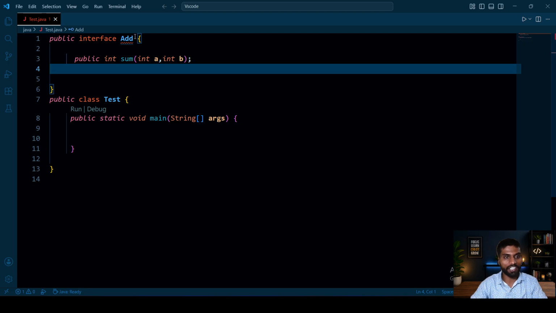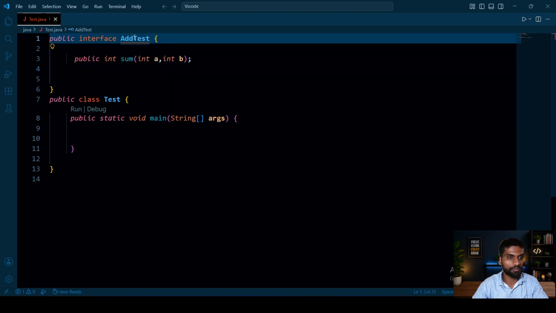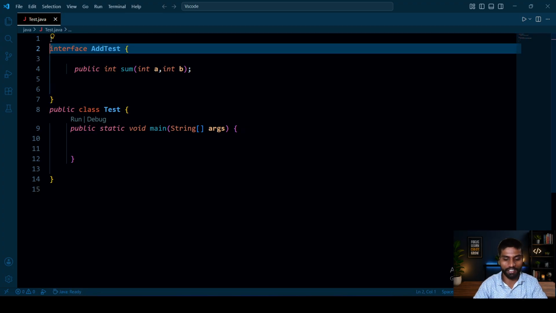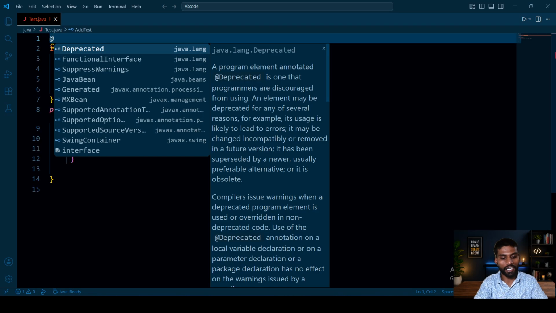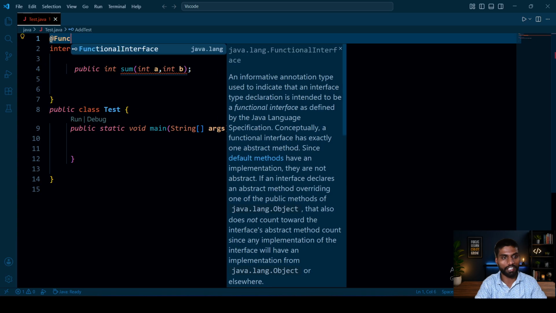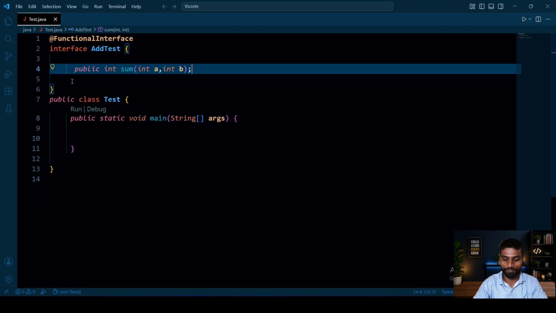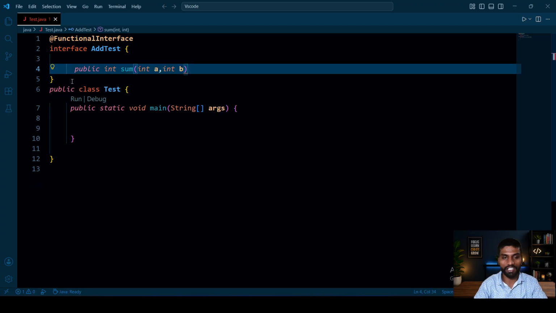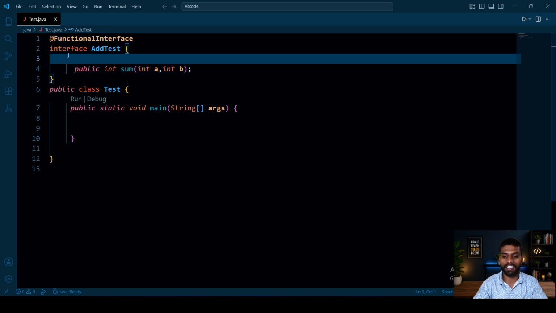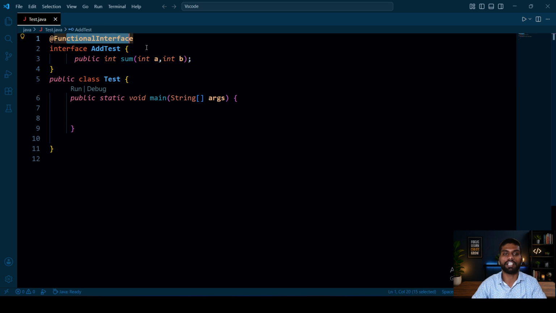This is my functional interface Test, but we will get an error here. Just write one annotation, which came in Java 1.8, that is @FunctionalInterface. I want to tell the compiler it is my functional interface.